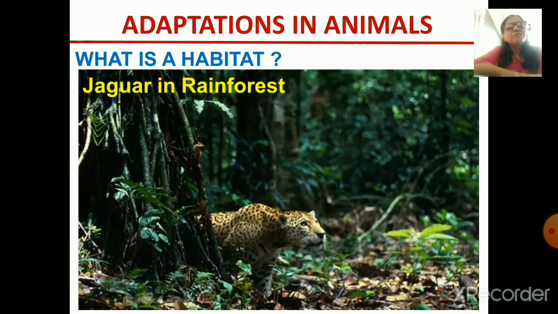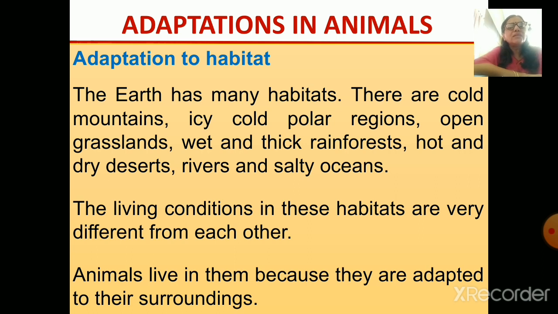So the earth has many habitats. There are cold mountains, icy cold polar regions, open grasslands, wet and thick rainforests, hot and dry deserts, rivers, and salty oceans. These are different kinds of habitats found on the earth. Some can be very cold, some can be very hot, some can be deep inside the water.